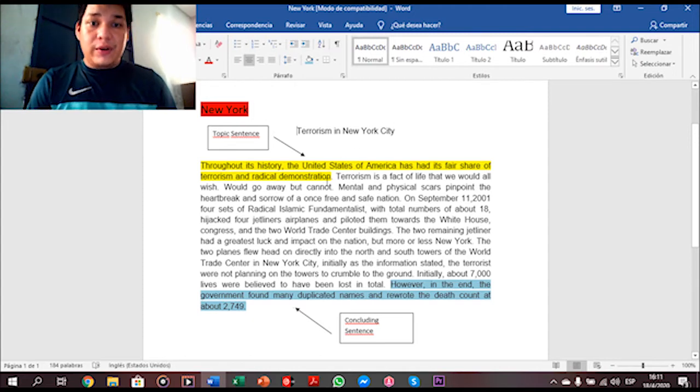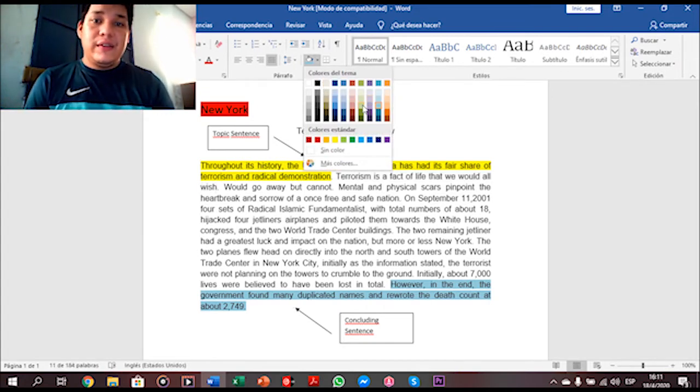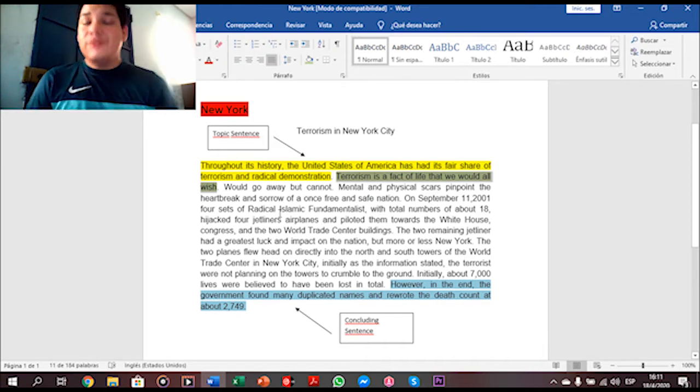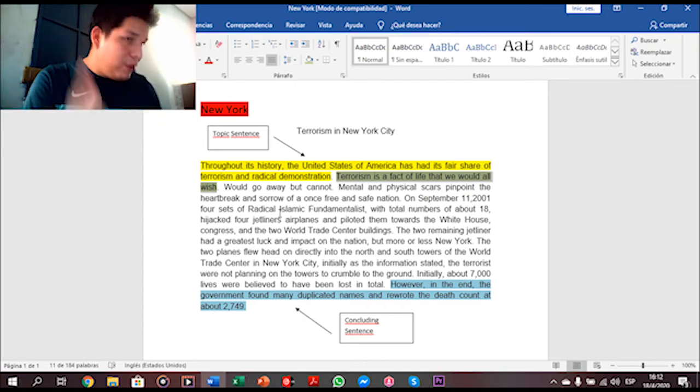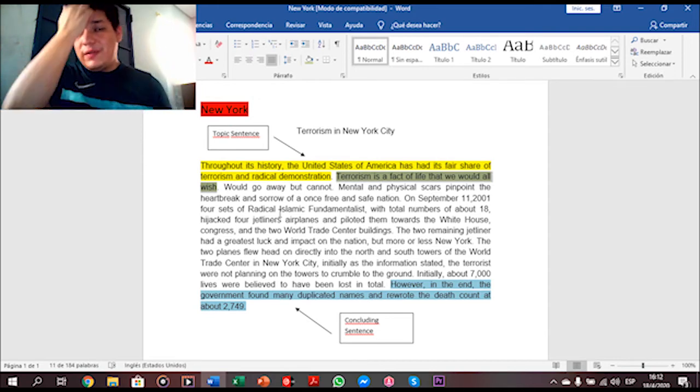And as you can see from here, this part starts that terrorism is a fact of life that we would all wish. What is this meaning? In this case, it is just to emphasize it. Let me highlight it. It is just to emphasize how terrorism can be integrated with every single person in our life. That me, myself, I can provoke or create bad things just maybe posting something on Facebook or writing a